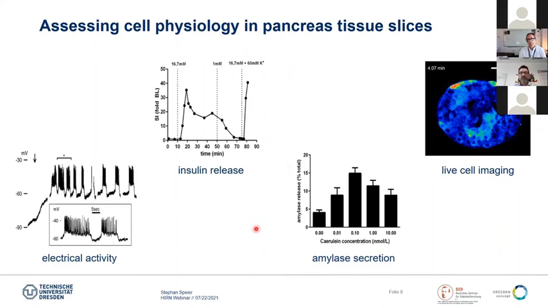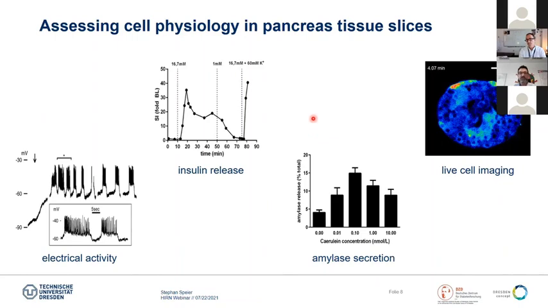And then we continued to start doing insulin release measurements from the slices. We did exocrine enzyme release in the slices to prove that also the exocrine part is still alive and functional. And we started to do live cell imaging in both parts of the pancreas. So, and then we were working on pancreas slices for some years. We had some publications. Other labs started working on slices, like Alejandro's lab, or the lab from Herbert Caicedo